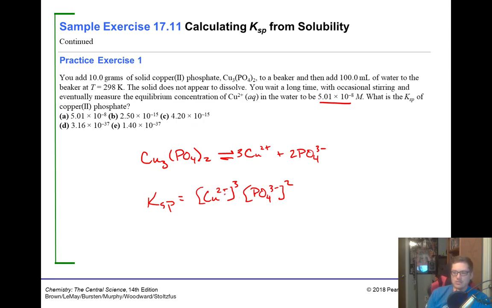Well, we have the concentration of copper. That's easy. Concentration of copper is just this one right here. Now we need to figure out the concentration of the phosphate. So what we could do is use this formula here to convert moles of copper into moles